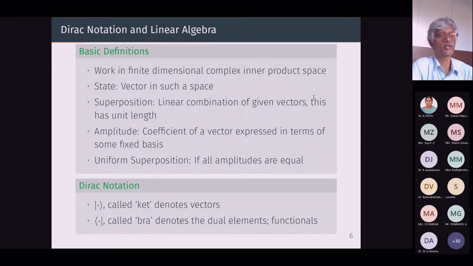So an n qubit system will need a 2 to the power n dimensional complex inner product space. For example, for a 3 qubit system, you will have a vector in 2 to the power 3, which is 8 dimensional complex vector space. So it will have 8 components, right? Meaning if you write it in terms of a basis, you will have a vector which has 8 entries. Okay, that is enclosed within this vertical bar and angle bracket, so that is called